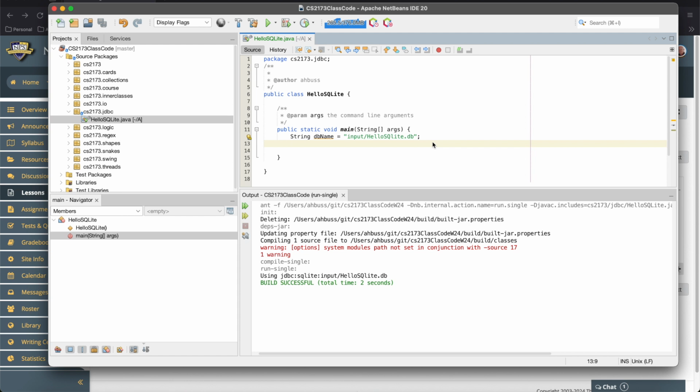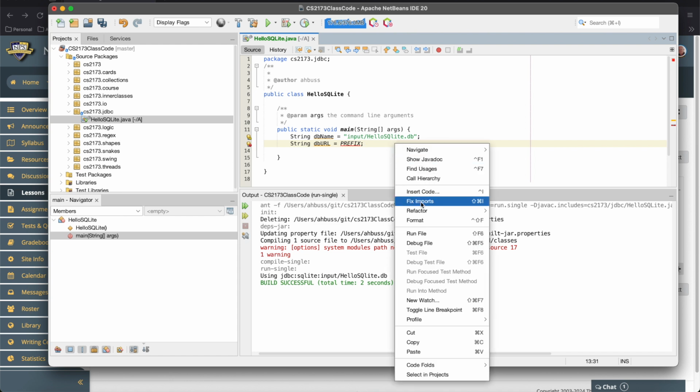The way to connect with it is with a URL-like thing. It isn't actually a network, an internet type of thing, but every database has a kind of prefix which is unique to it, and it follows a URL-like format. So let's create one. I'll call it DB URL. And what we want to do is use the prefix for the database we're using. In this case, it is